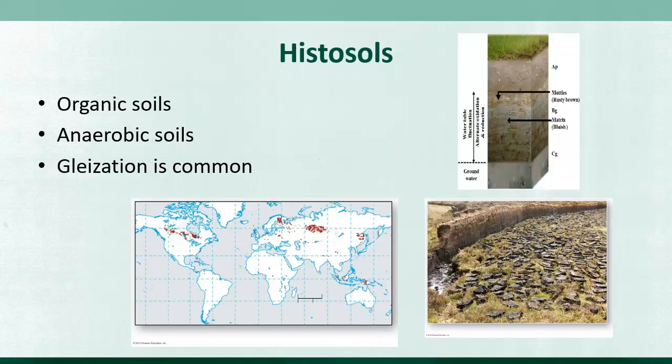Another cool type climate are the histosols. These are places where organic material decomposes so slowly that it often forms peat-like material, peat bogs, for example. Anaerobic decomposition means that material gets trapped in the soil for very long periods of time and eventually becomes a new material. Gleization is pretty common, especially below the level of the histosols in these particular areas. So think bogs in this sort of an area.